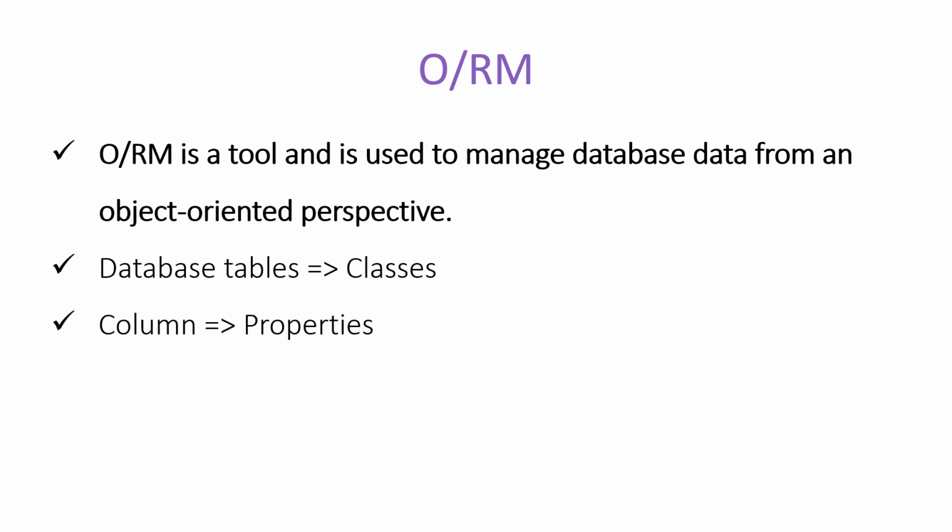The final conclusion is that if you have 50 tables or suppose 20 tables in your database, then you will have all the corresponding classes in your Entity Framework Core project, and all the columns that are available in those tables will be available as properties in these classes. Now what is the benefit of working with ORM? Since we have everything as classes in the project, the biggest advantage is that you will get IntelliSense while working with the queries. There will be compile time errors. If you have misspelled something, suppose you have written the name of your column in some wrong way, then you will immediately get the compile time error. There are several other benefits as well.